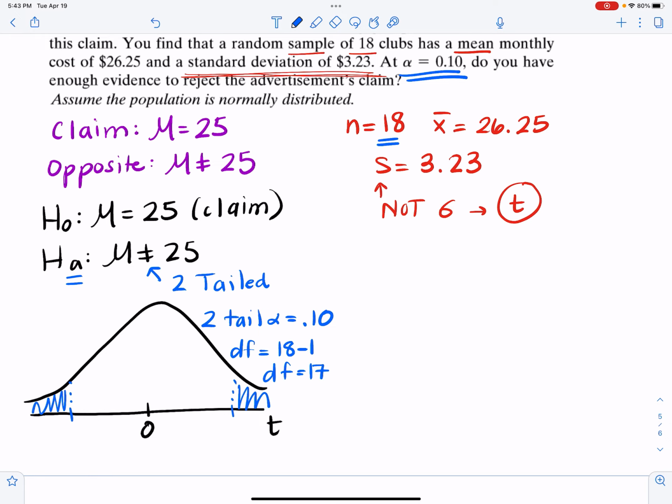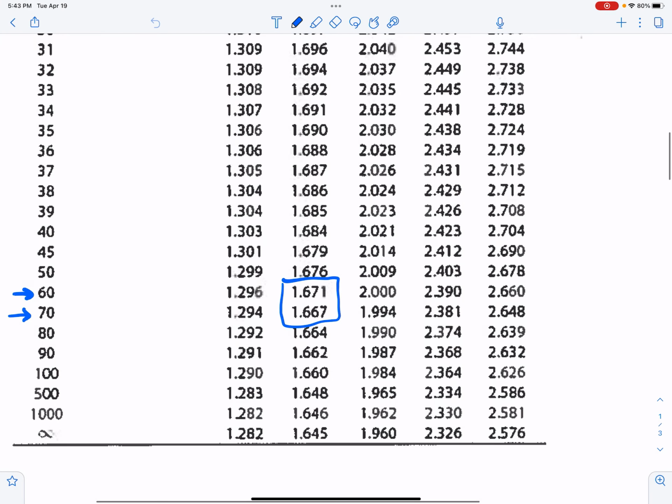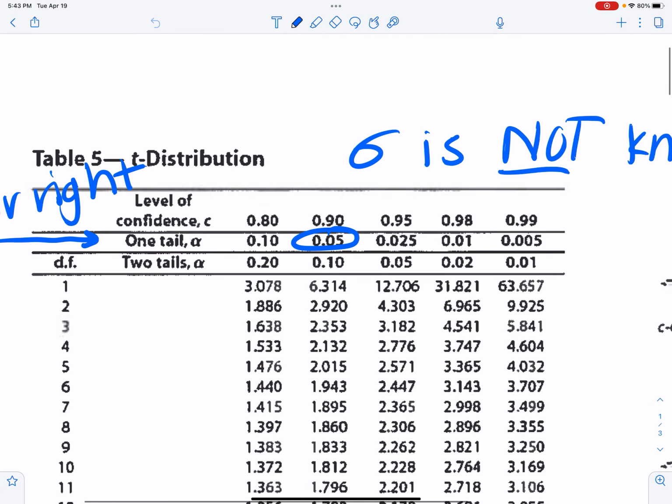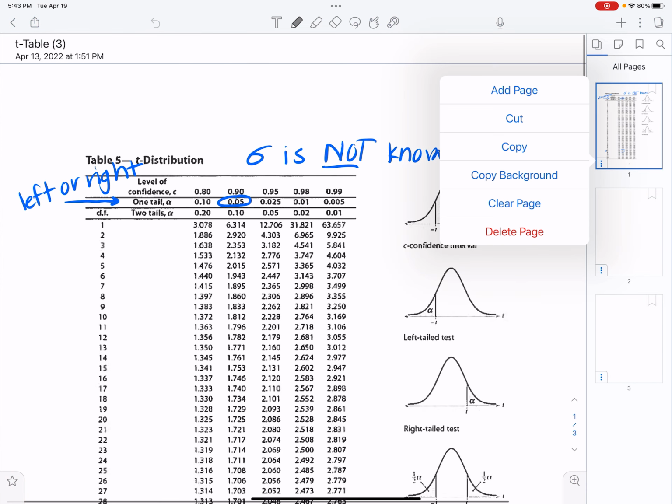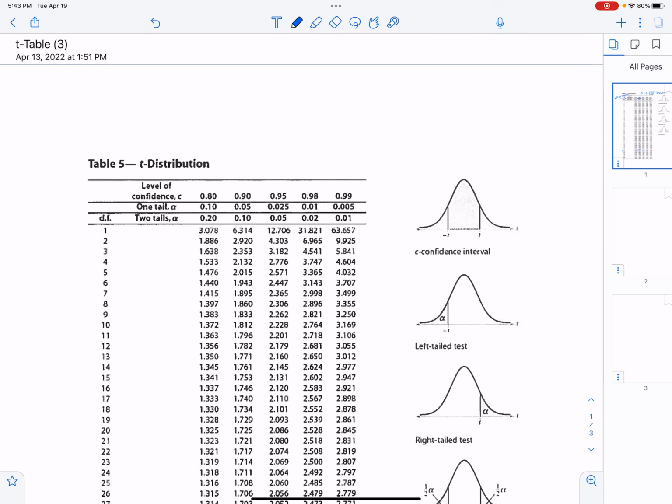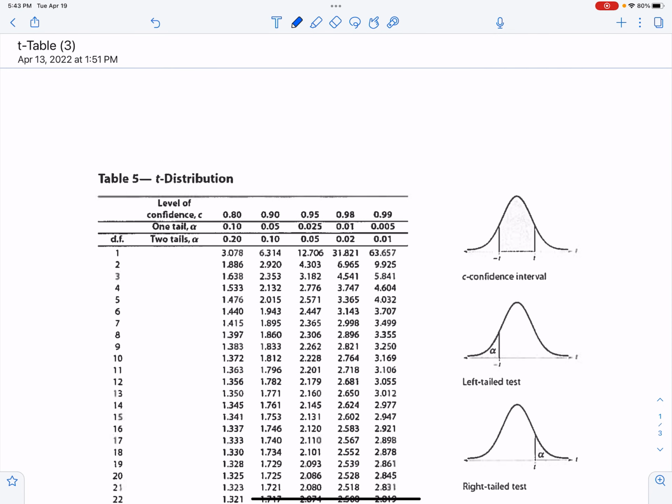So I'm going to take this to my t distribution table. All right, I'm looking at a two-tail alpha this time of 0.10 and 17 degrees of freedom. So that's corresponding to a critical value here of 1.740, and then I need to figure out what